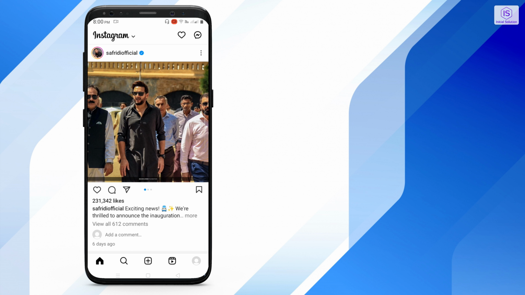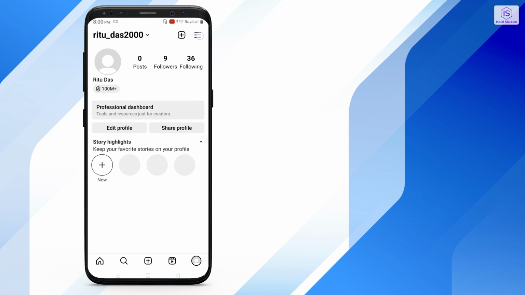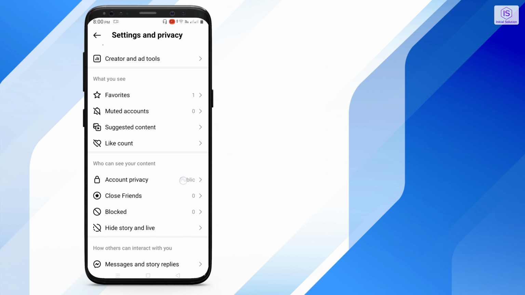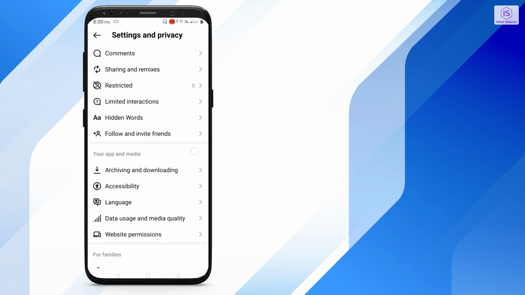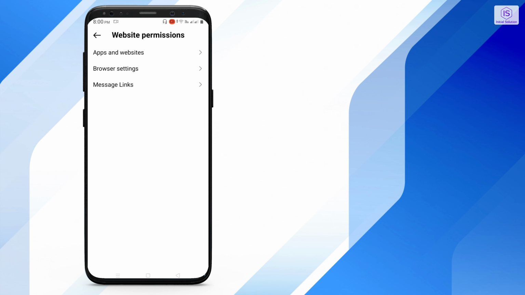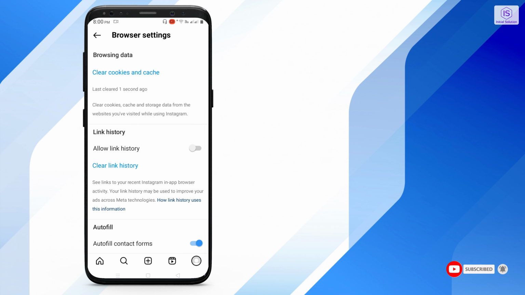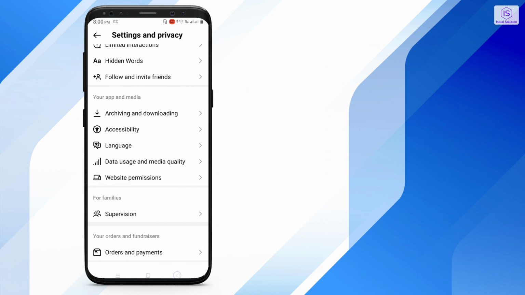In this video, I'll show you how to fix Instagram Reels not uploading. So for this, go to your profile first, click on the three-line option, click on Settings and Privacy, scroll down, go to Website Permissions, go to Browser Settings. Now you have to clear cookies and cache from here. Now it's cleared. So go back